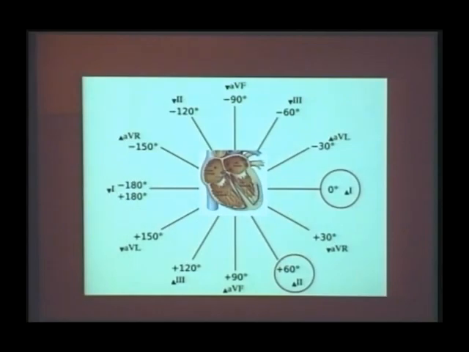Now, whenever my L2 is the tallest positive QRS complex among these three leads, my degree is 60. So it's once again a normal axis. In L2 it is a normal axis, so the axis is normal, degree is 60. What is the position of the heart now? Intermediate. So normal, 60 degrees, intermediate is L2.